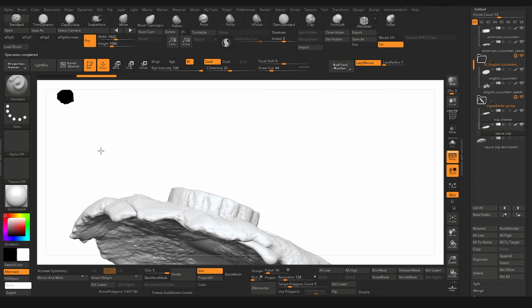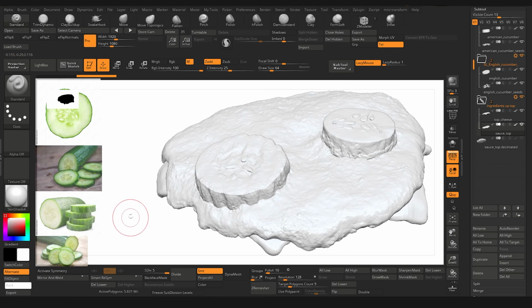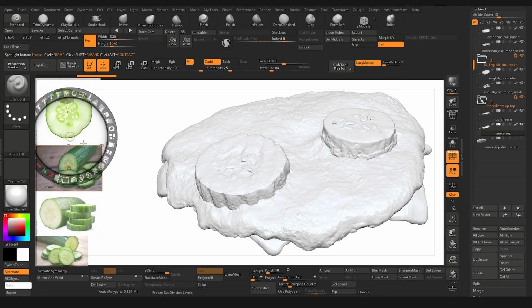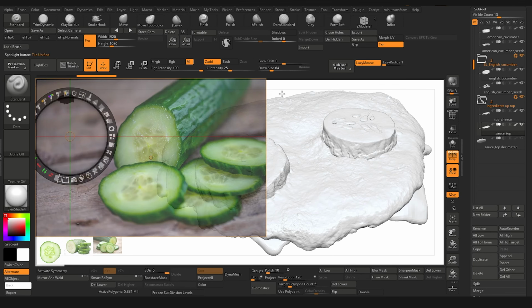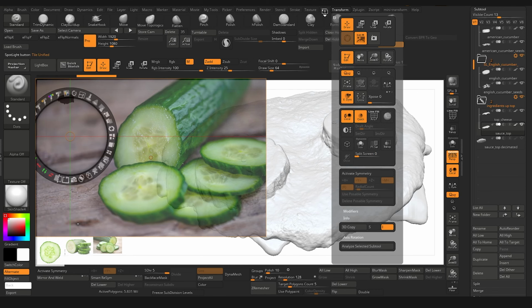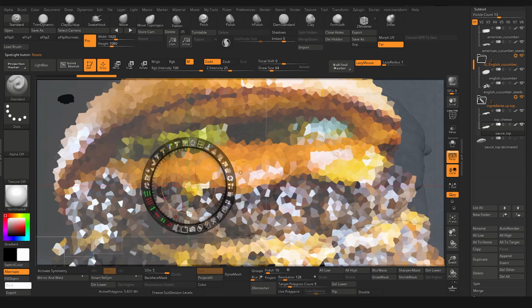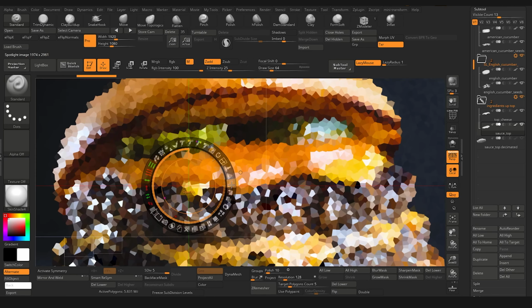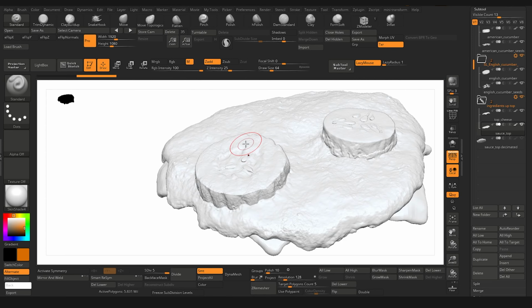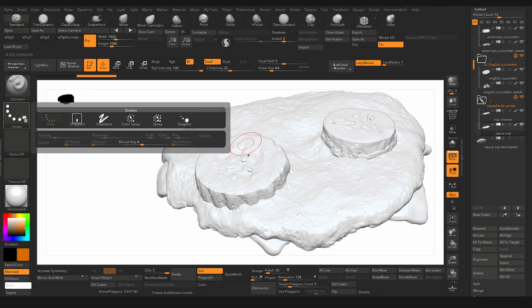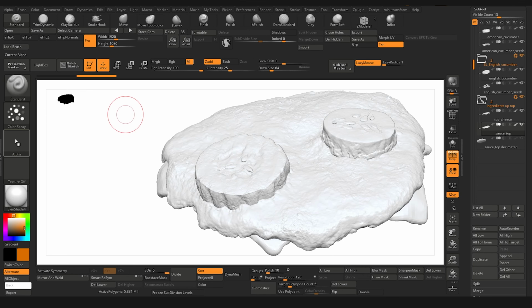So let me start with the top saw. I'm going to go Shift Z, go Z, and look for my main reference. Looks like I might have left it out. So I'm going to go to Texture, come here, add it to the spotlight, and then I'm going to crank it up to full opacity, because I want to be able to sample the color data. And then I'm going to hit C on my keyboard while hovering over the color, and then Shift Z to go back. And as I did previously, I'm going to pick color spray right there, and I'm going to pick one of